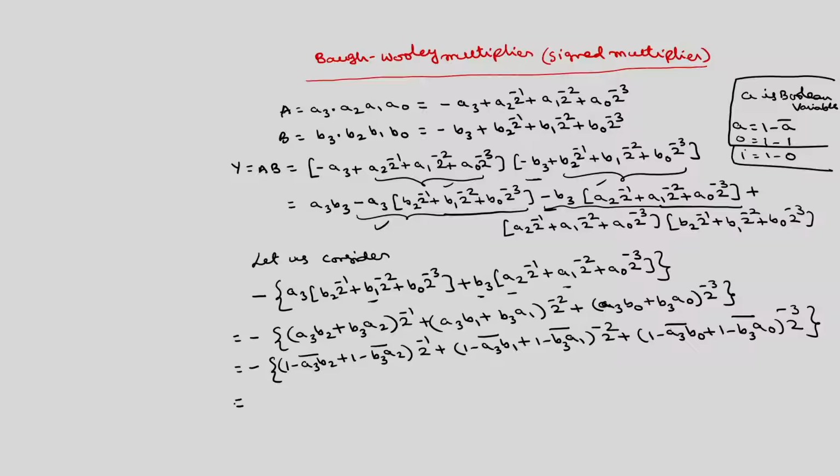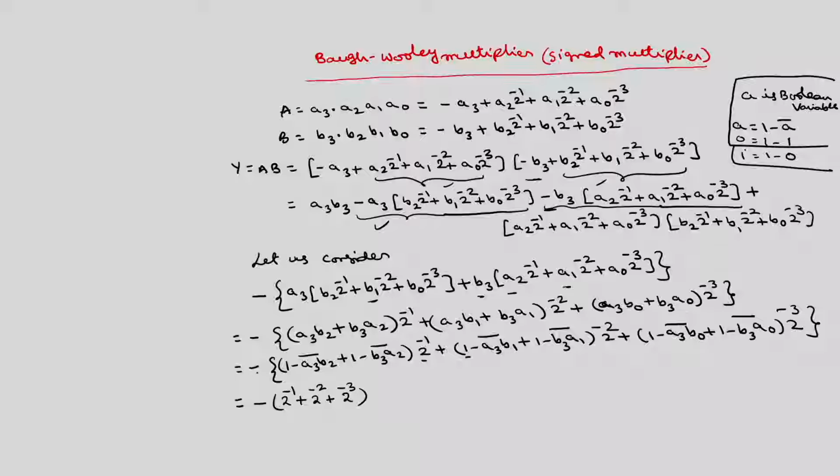Now, what is the constant term? So, remaining thing is, we will have minus of this, I will take minus outside. Okay. So, if I take the constant term, this is minus of, so the first term is 2 raised to the power of minus 1 into 2 raised to the power of minus 1, and this one is 2 raised to the power of minus 2 plus 2 raised to the power of minus 2 plus 2 raised to the power of minus 3,